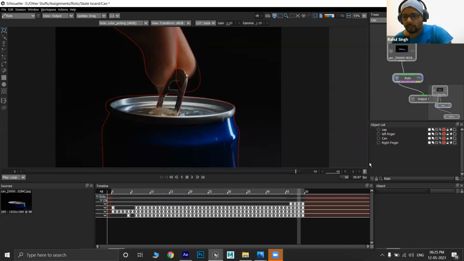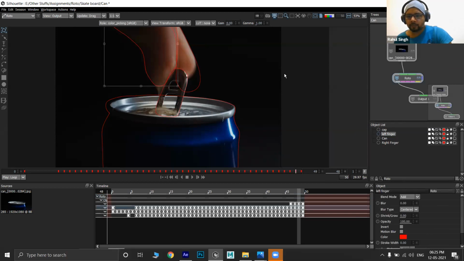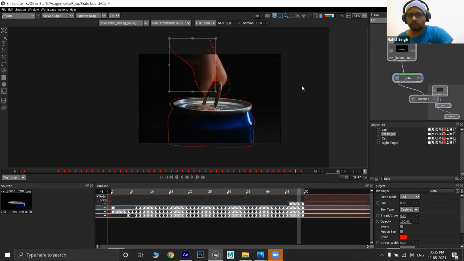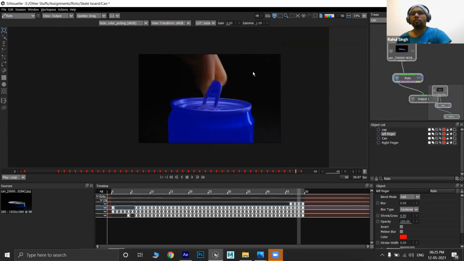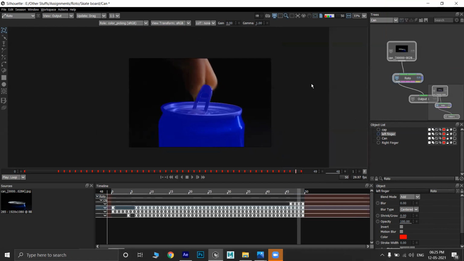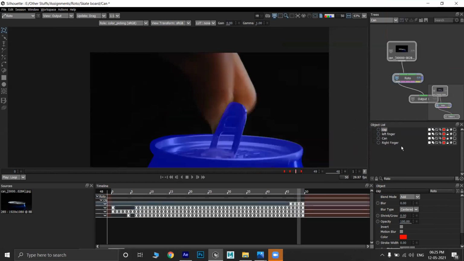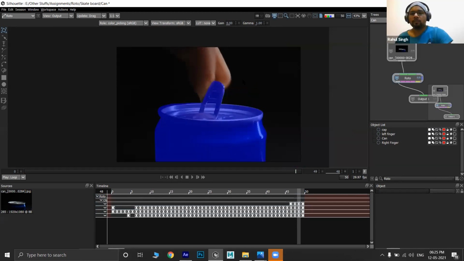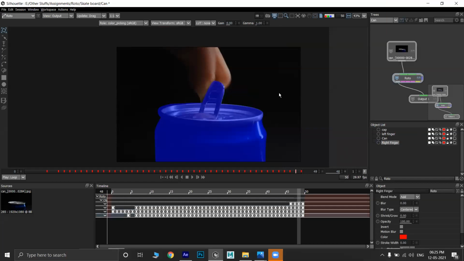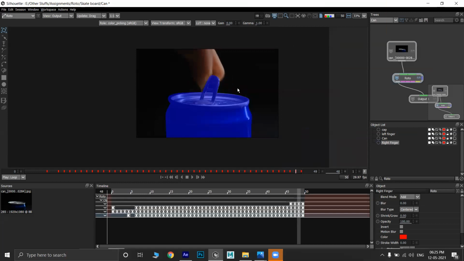Where's your left finger? Click on left finger. Here it is shown. Go, press Shift A. Here also it is not showing. Then only it is not showing there. So you have made a mistake in your... Oh, I got it. Like we have to close these loops, right? Yeah. Okay, so I'll do it. Close everything and check, create it. We have to close it. Yes. Okay, so thank you, sir.